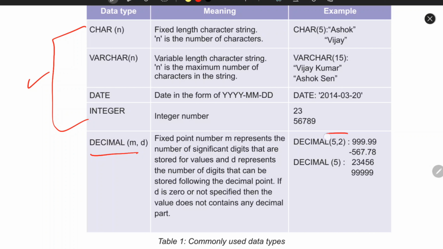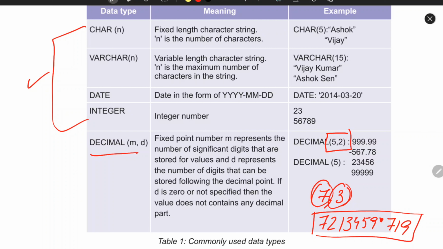The 5 comma 2 which we have written there, you can write this way also, 7 comma 3. That means we can add 7 digits before the dot, like this, 2 3 4 5 6 7, and we can add 3 digits after the dot, any number you can add. Okay, this is how we can add fractional numbers inside